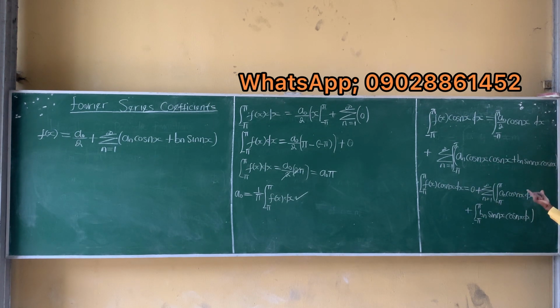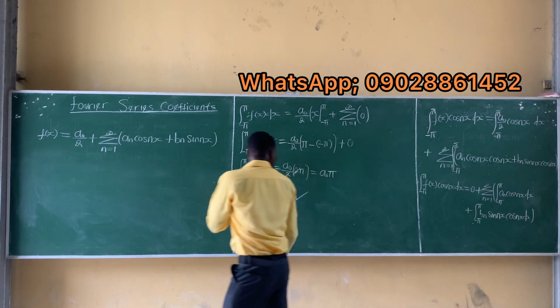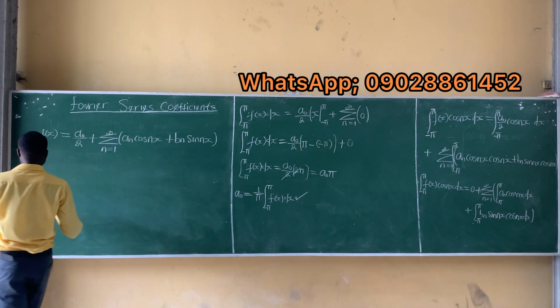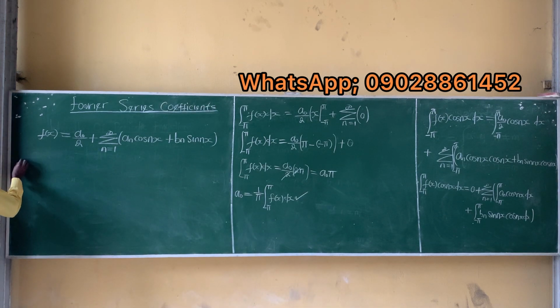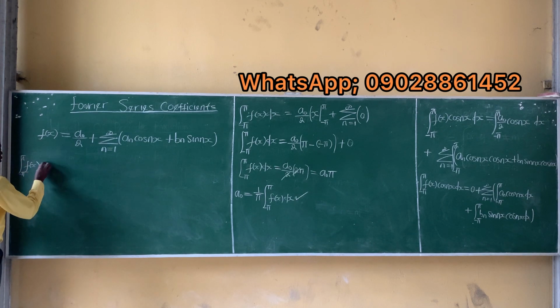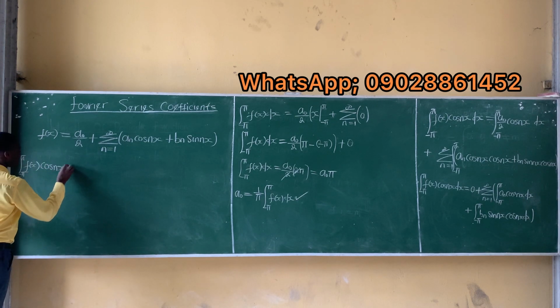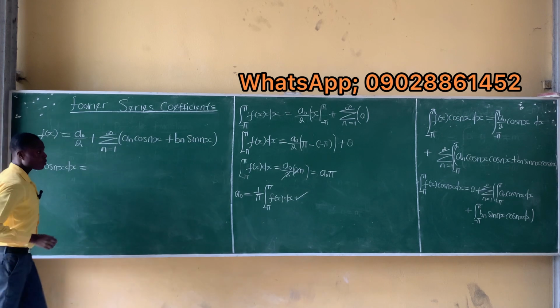If n is equal to m, you are going to have cos square nx. And if n is not equal to m, you still get 0. So it's still the same thing. So we are going to have the integral from minus pi to pi of f of x cos nx dx, and this is equal to